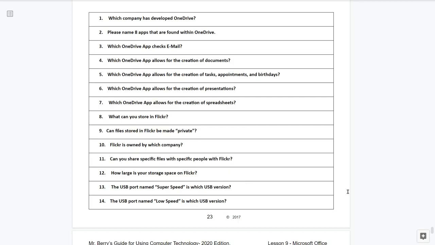Flickr is owned by which company? Question number 11. Can you share specific files with specific people with Flickr? Question number 12. How large is your storage space on Flickr?